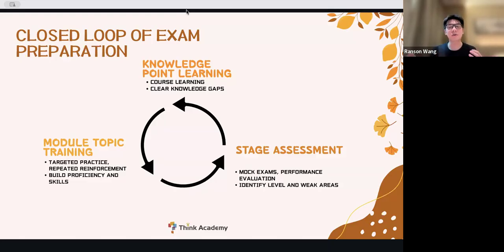I can get like 10 or 12 out of 25. So that's how you track your progress. And throughout this whole process, from every daily practice, you have to summarize what's the type of question